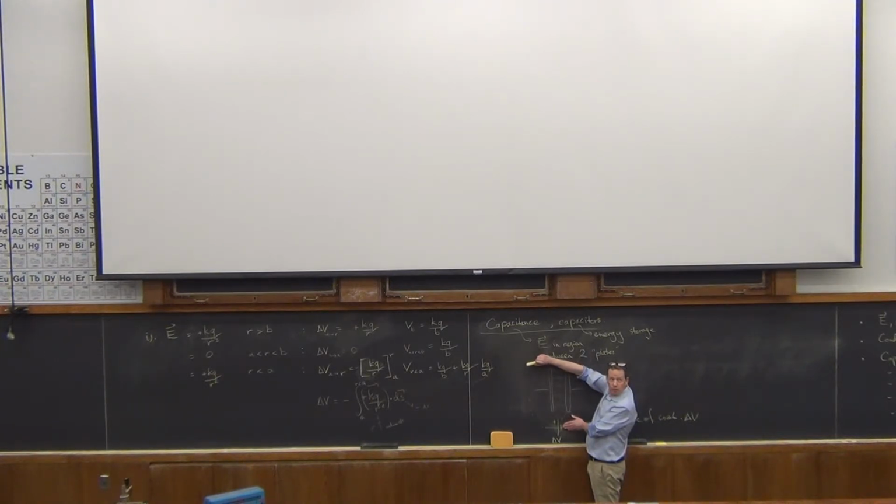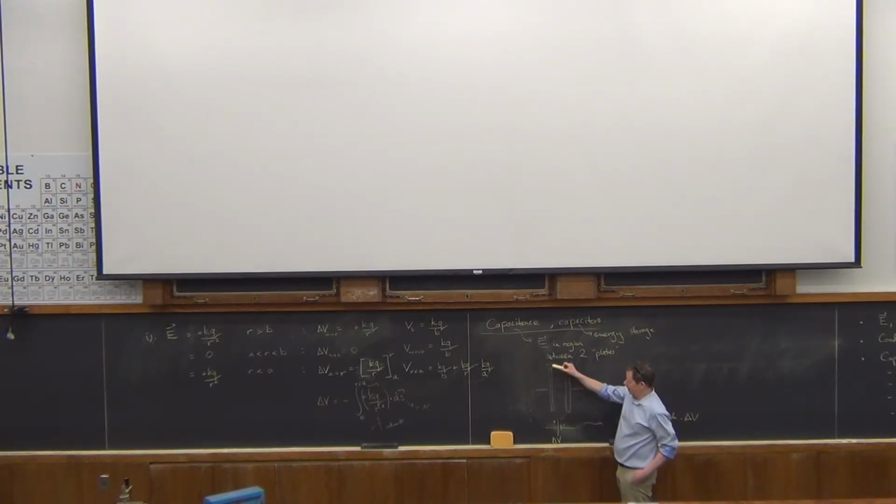So the negatives are going to tend to migrate this way, which leaves us with a net positive over here. And of course, you can think of that as a tendency to repel positives. So this would work in terms of giving me a net positive charge on this plate. And of course, by symmetry, I've got a negative pole over here. It's going to tend to attract positives on this side down here. It's going to tend to push away negatives or leave them in place, depending on how you want to